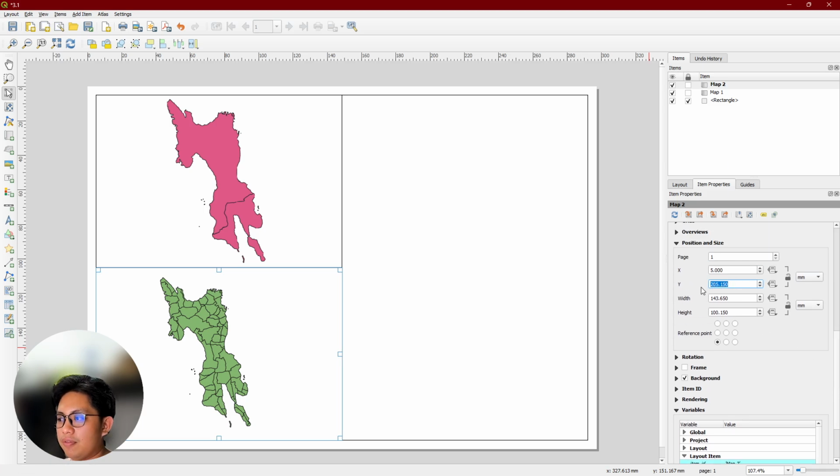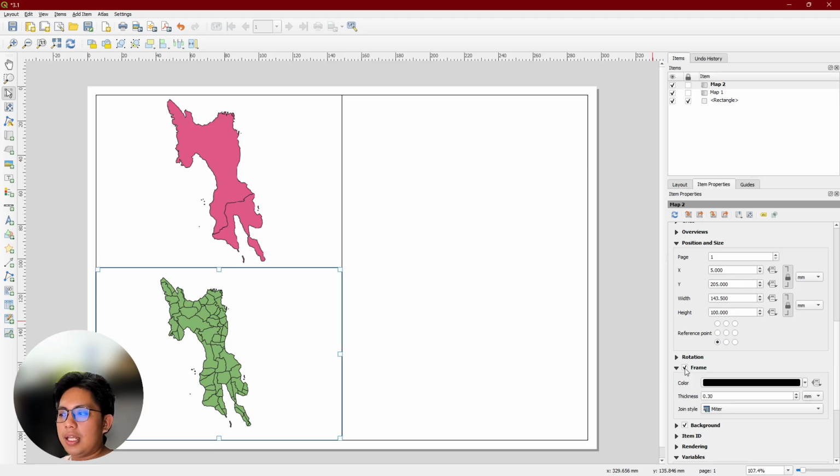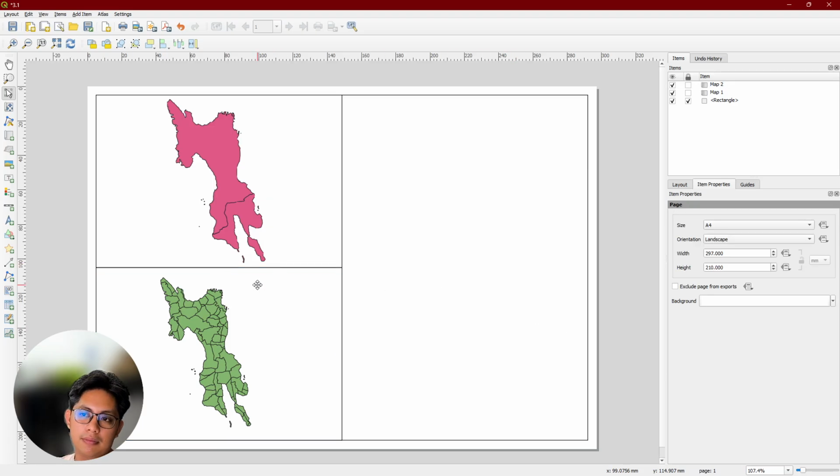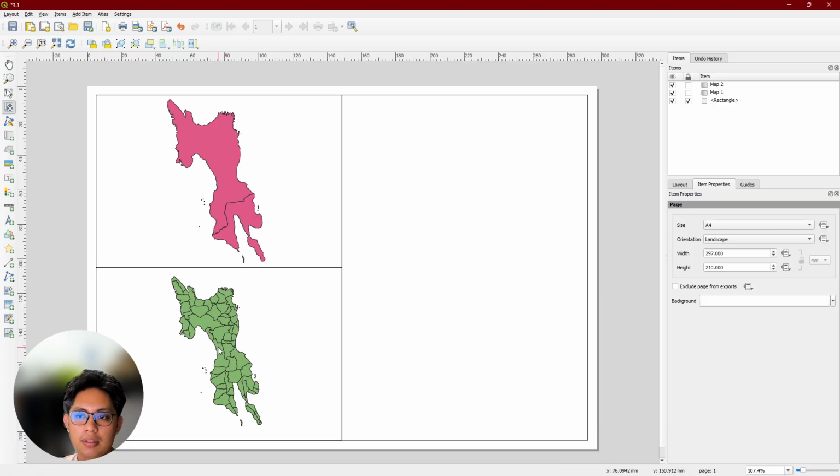5, 205, 143.5, and 100. Lock these aspect ratios and add a frame. I want to adjust this by moving the content.